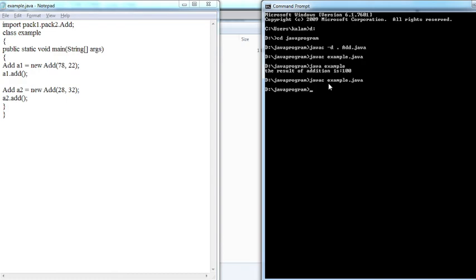Compiled successfully. Now let's run it. Look, 20 plus 30 is 50, 28 plus 32 is 60. So like this we can create a package inside another package, and afterwards we can use the same package in some other program. I hope you people are getting it.